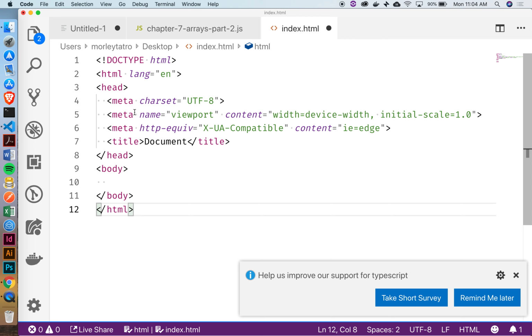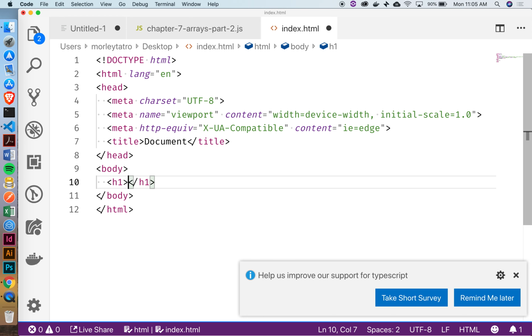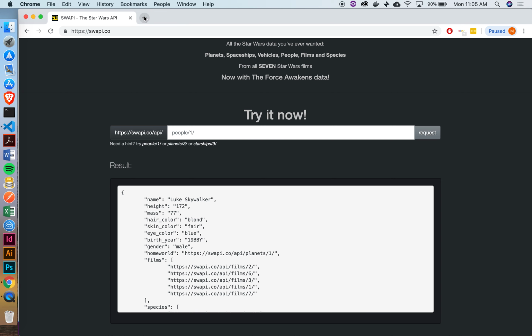Okay, so the first thing we're going to do, you guys probably remember in some of your assignments how you'd use jQuery for almost everything, right? Keep in mind that we don't have to use jQuery to make API calls, but in this particular instance, we will. So inside my body, let's create a quick heading. We'll say Star Wars. Save that, and then we'll go into the browser here, open up a new tab,